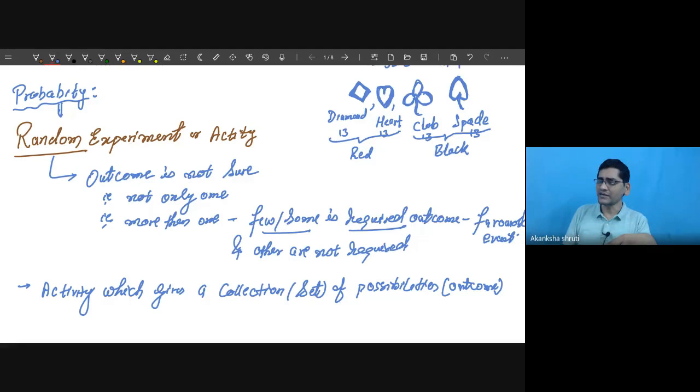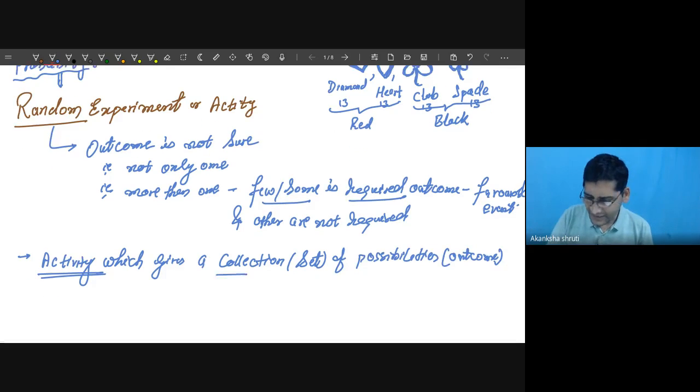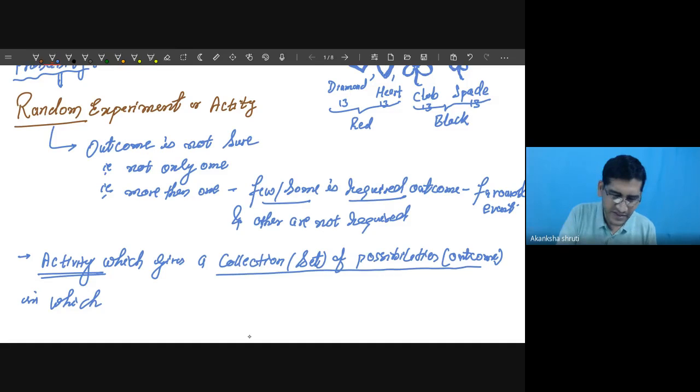That I may get the other color. So wherever outcome means, in addition to our desirable outcome, some other outcomes or other possibilities are there, then such an experiment or such an activity is called a random experiment or random activity. Get it? So an activity which gives a collection or set of possibilities,